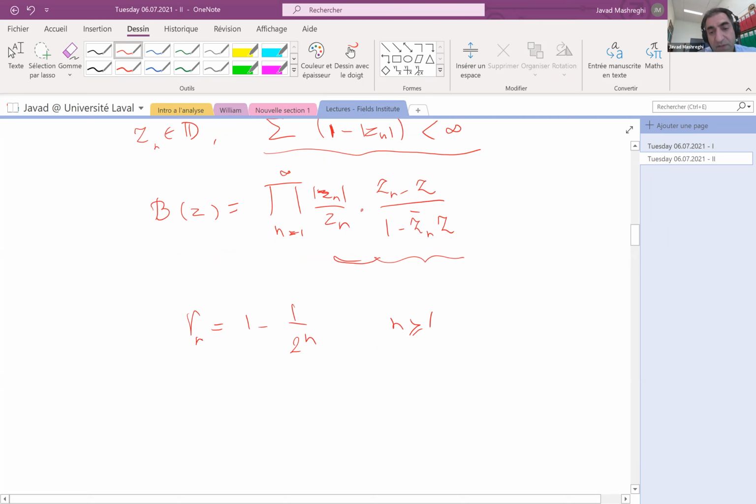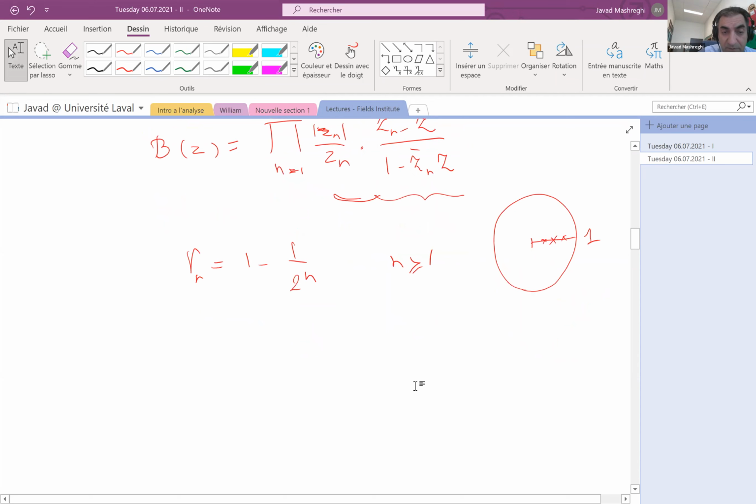These points are on the radius 0, 1, and they converge toward the point 1. And now you can add some arguments to them. Which argument? For example, Zn equal to Rn e to the i theta n, 1 minus 1 over 2n e to the i, and you choose theta n such that our sequence